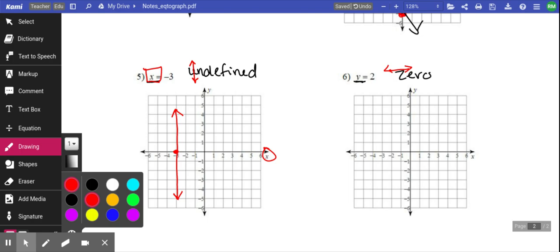Taking that same idea, we need to find 2 on the y-axis over here. And this is going to be a horizontal line. And because it says y equals, it's going to go through the y-axis. So